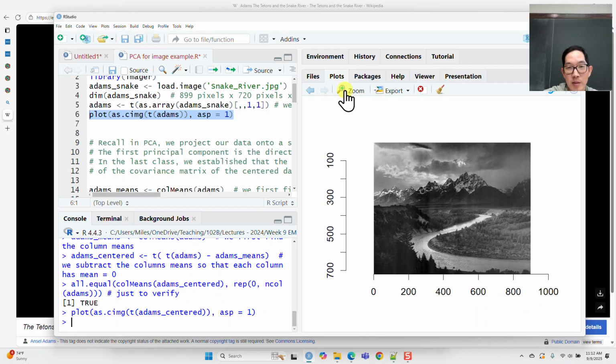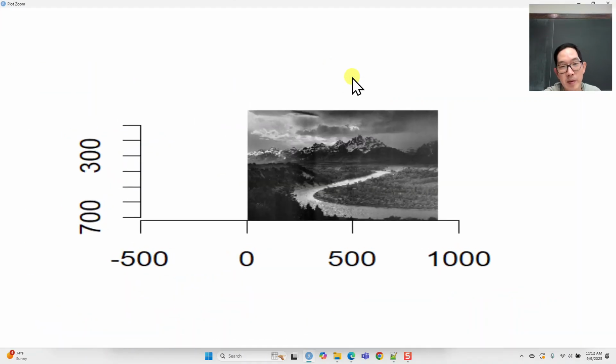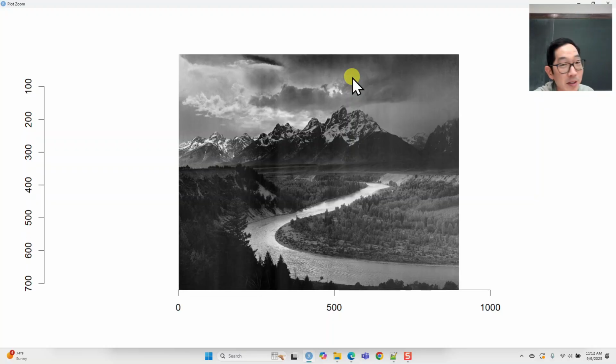I could plot the centered image as well. It's a little hard to tell what's going on, but it looks like the same image, and I don't know if you can tell with this projection. It's a little bit hard to tell, but there are these vertical streaks of lines that are a little bit darker or a little bit lighter. For example, this area is a little bit darker than the neighboring areas, and that's because, in the original image,